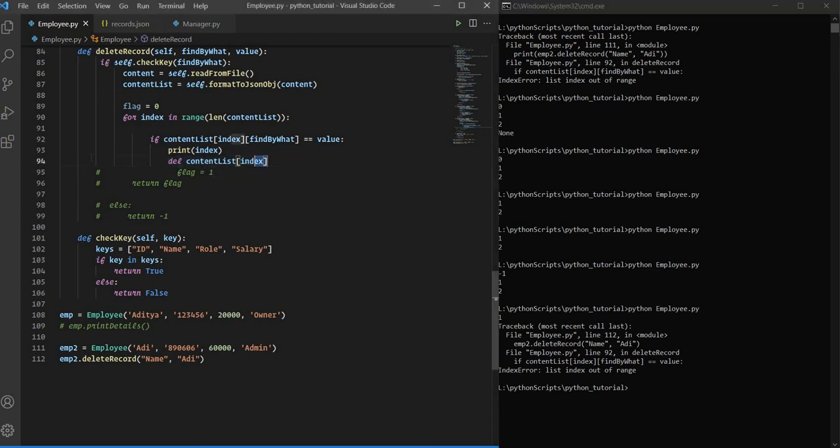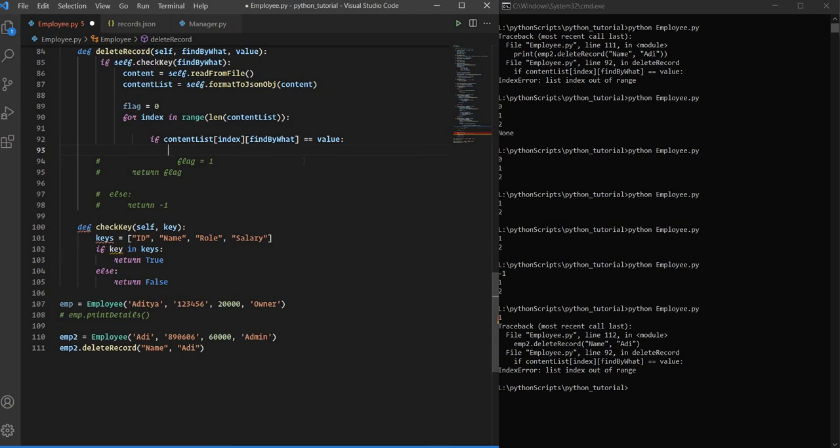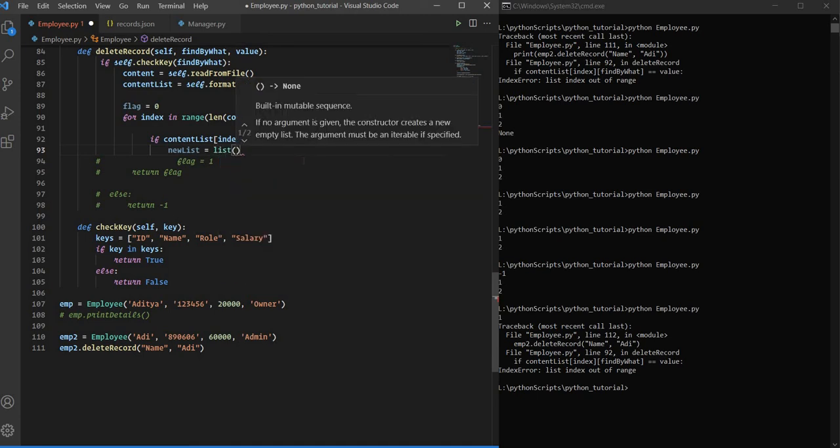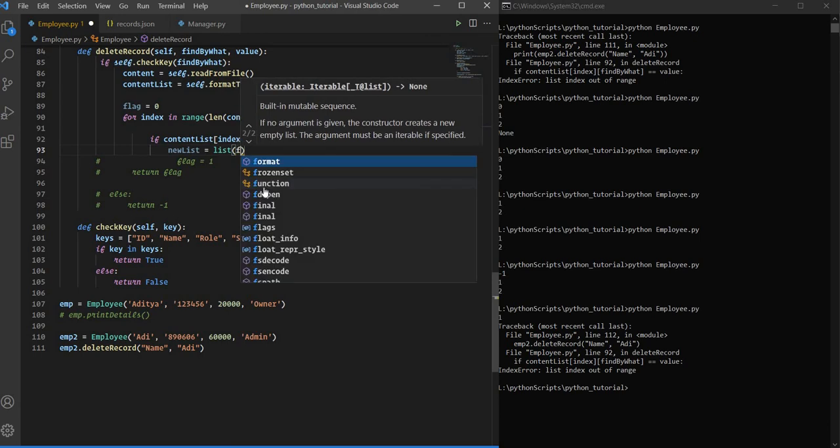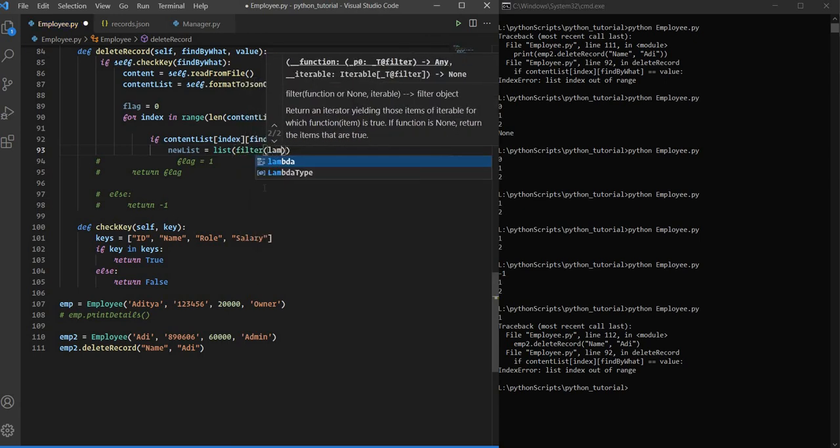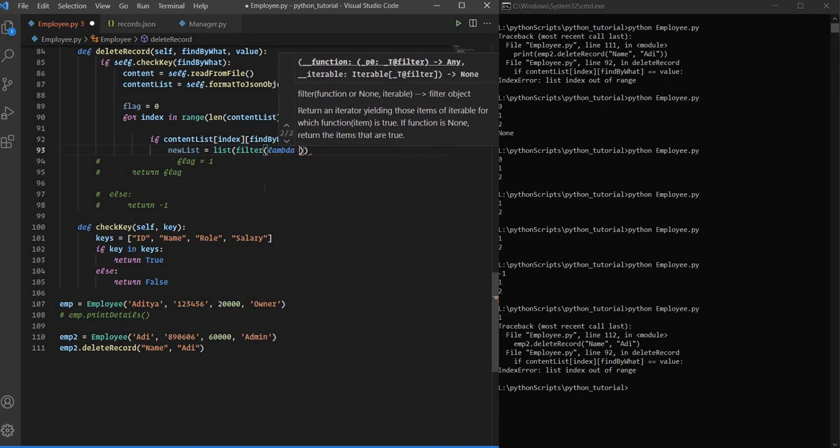Okay, so instead of writing this del, let's write a filter function. So what we will do, we will remove this from here, and here we will create a list from this list and then we will just filter it. So we'll have a new list equal to list, and then we need to write a lambda function over here. We already have our content list, so we will say filter, and in this filter we will have our lambda function. So we'll say lambda, and the function will take one parameter. In this case, each item would be a parameter. So we'll say x,